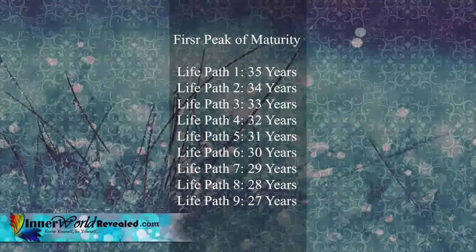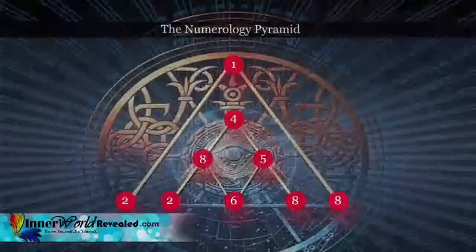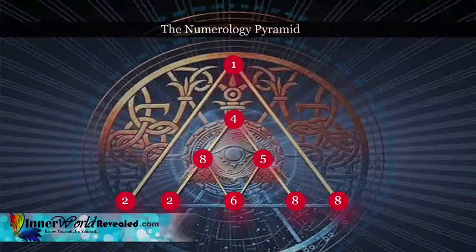So if you know your life path number, find out your first peak, and all of you who have already crossed the first peak would be just amazed with the accuracy of this. Coming back to the pyramid from the previous log. Out here you can see that we have the peak numbers but not the ages in which these peaks would